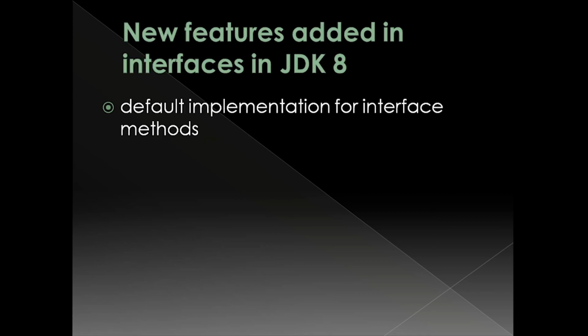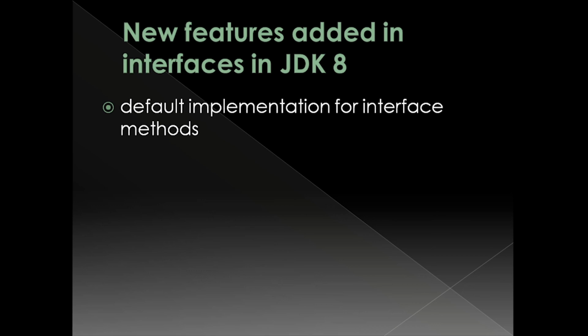So what are the new features added in interfaces in JDK 8? Prior to JDK 8, interface could not define implementation. So what we have seen is we have just seen the declaration of interfaces in which the methods had no body. We can now add default implementation for interface methods. So this default implementation has special use and does not affect the intention behind interfaces. Suppose we need to add a new function in an existing interface. That time we can obviously go for this kind of implementation.